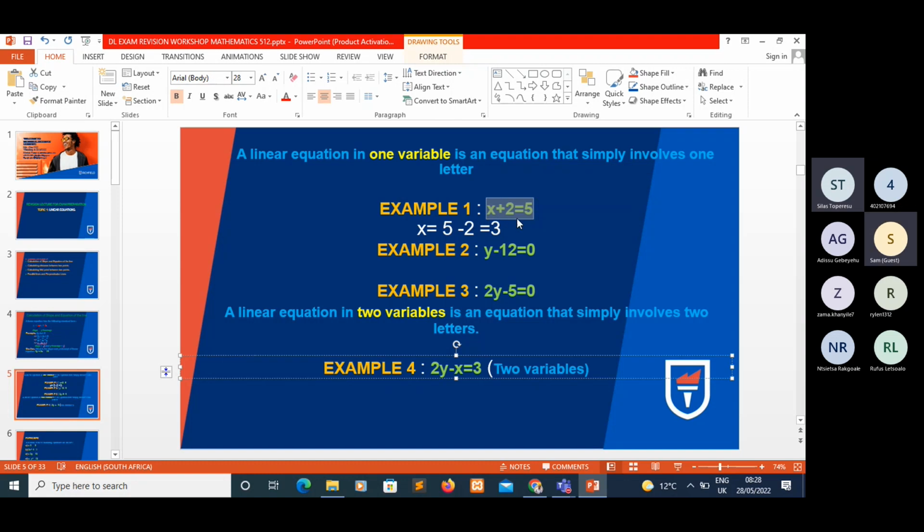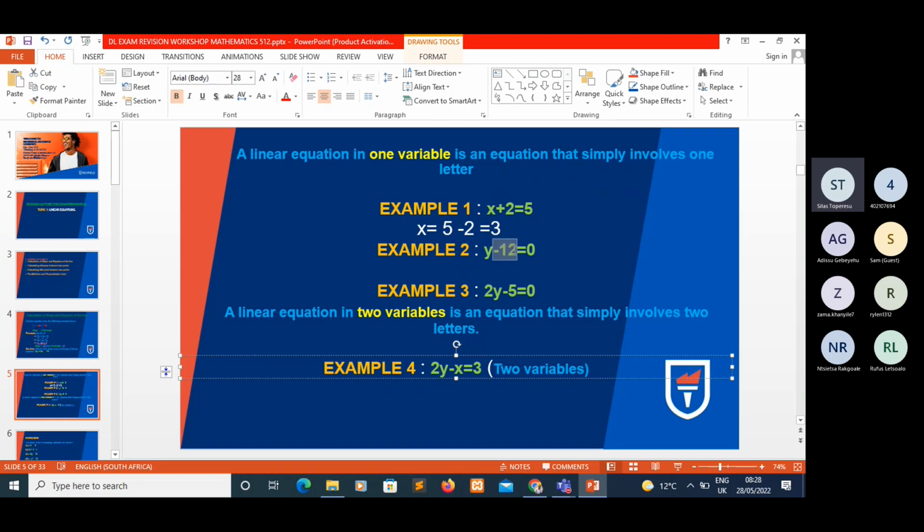You simply have to know how to solve it, which means you simply take this 2 to the other side, and then you subtract, then your final answer is going to be what? 3. So that's how you solve it, which is simple as that. So if you are given also something like this and say solve for y, it should be simple as well. You have got y minus 12 is equal to 0, which means what you have to do now, this 12